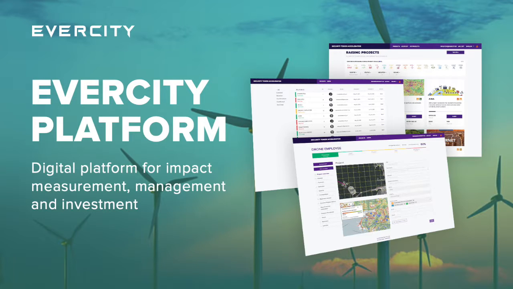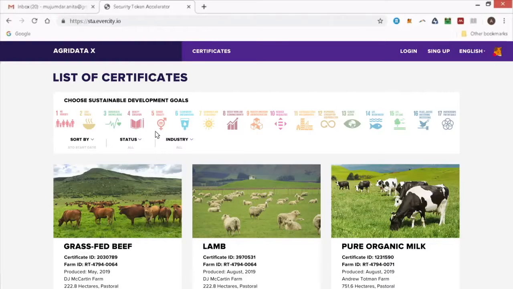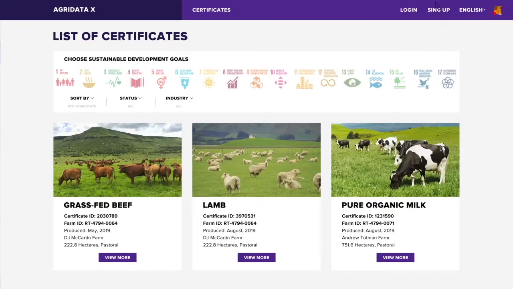Evercity platform is a digital platform for impact measurement, management, and investment. One of its use cases allows issuing digital passports of farmers' produce. In this video, we call them certificates. Here you see the interface of the platform with already listed product certificates, and you can filter them according to